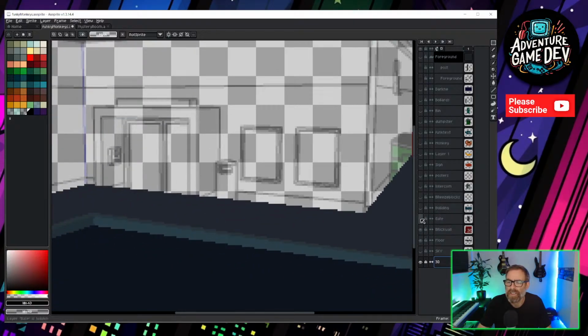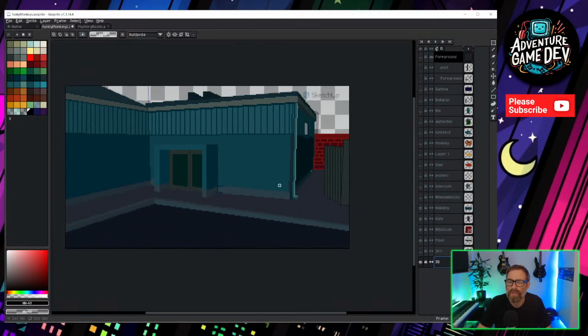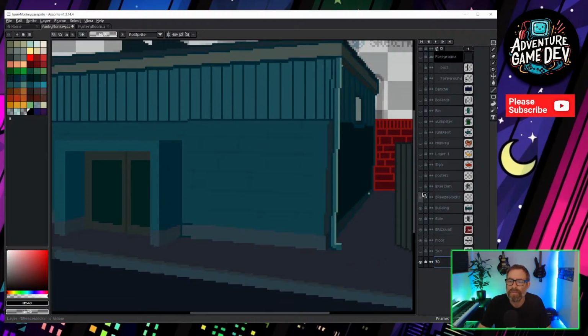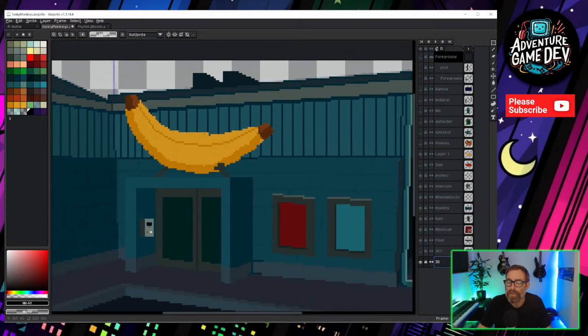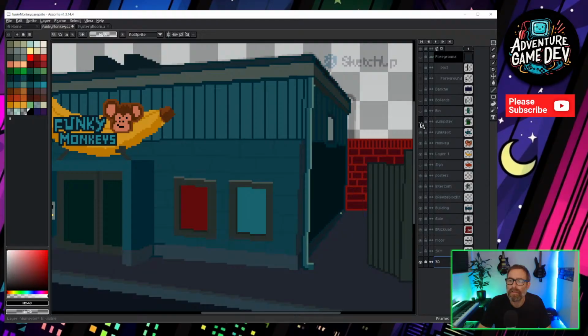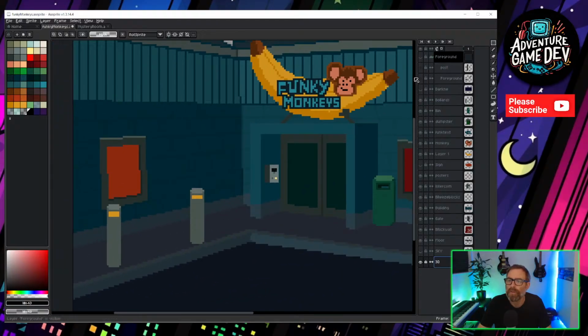I didn't colour it all, I did it all as line work first, and then just slowly started adding the buildings. The breeze block pattern there is a separate layer that's faded out. Little intercom, the posters on the wall, the sign. I decided to get rid of that sign and go with a massive banana because it's called Funky Monkeys. Little monkey. So a lot of this stuff was just freehand on top of it. The dumpster down the alley there. The bin at the front. And these are all going to be part of puzzles and things. We've got some bollards over here.